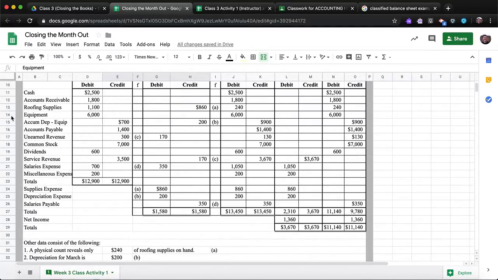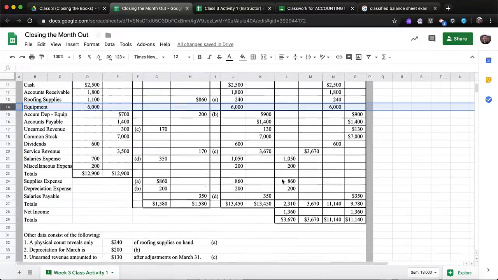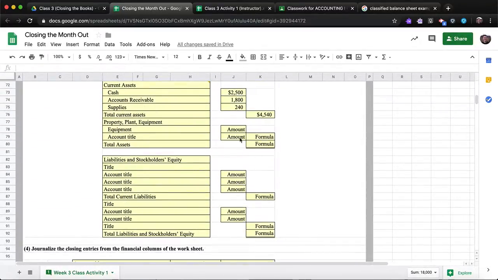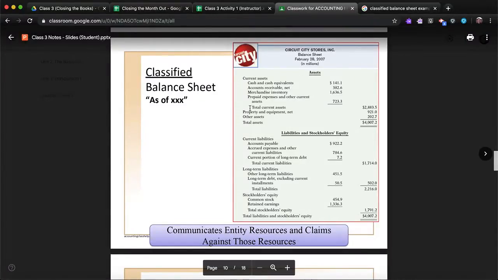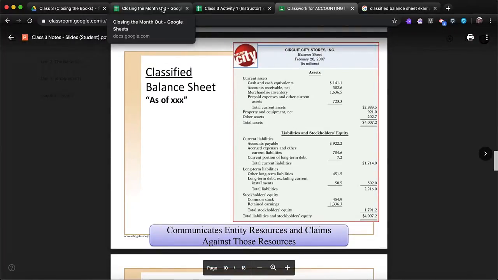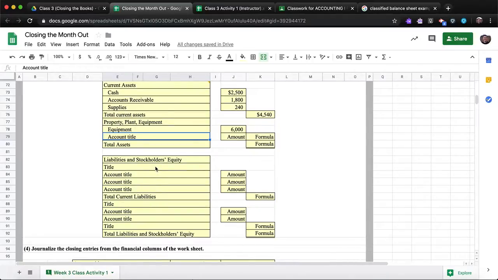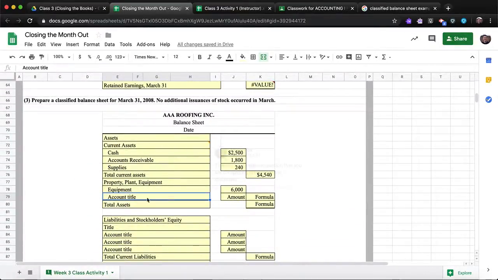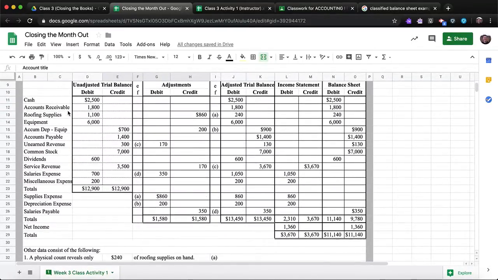And again, it's just a matter of coming up here and seeing I've got $6,000 of equipment. Now, your equipment also won't change very often either, which is nice. And then we have one more account to try and figure out. It looks like that's going to be other assets, right? And it looks like it wants us to use a property, plant, and equipment account. So we're going to come up here and look and see if I have anything that hasn't been accounted for. Accumulated debt,